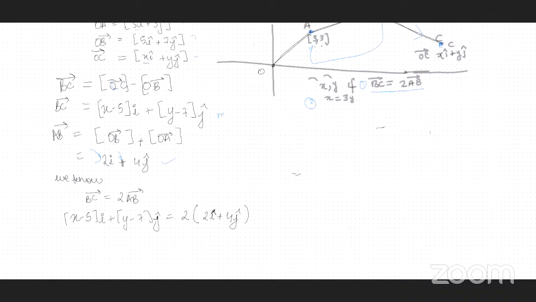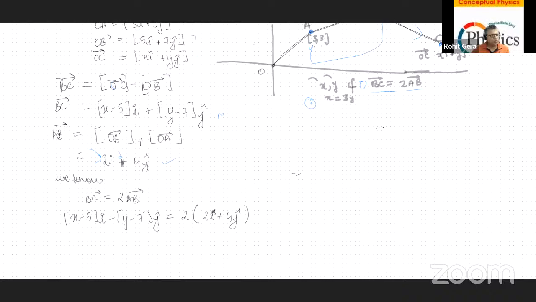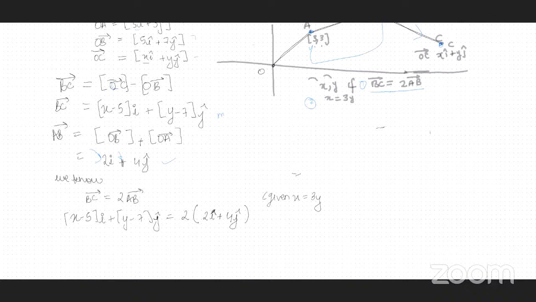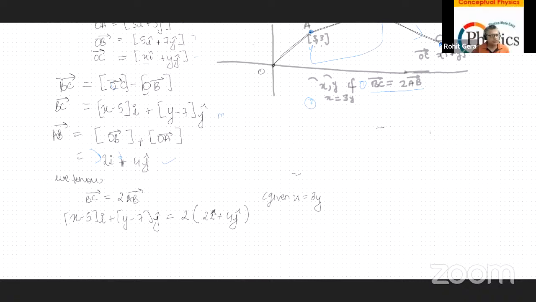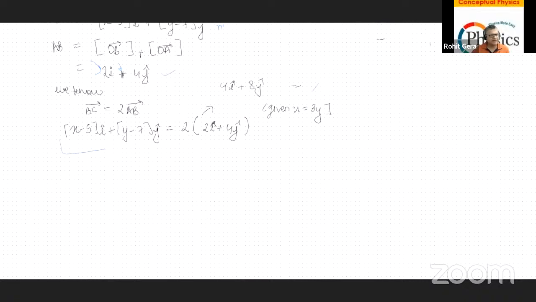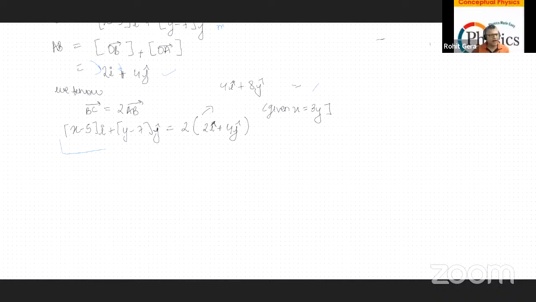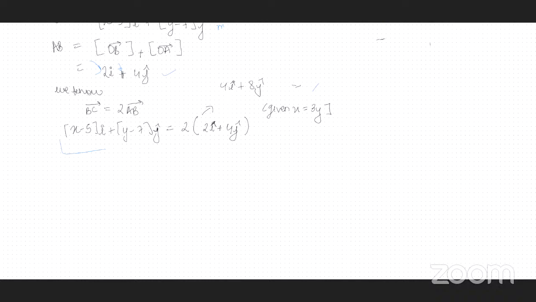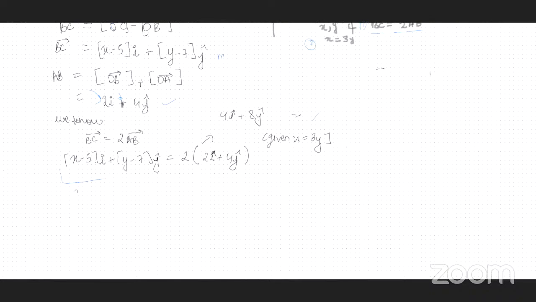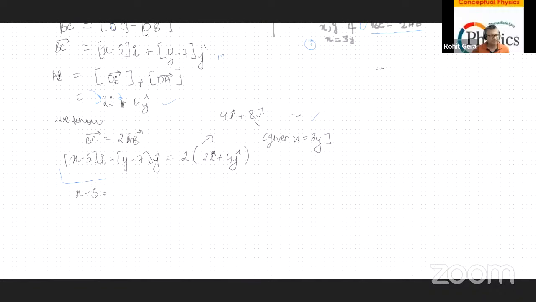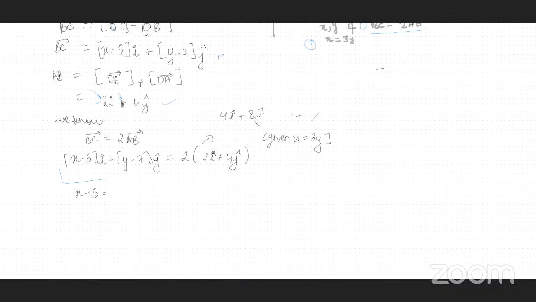Now what is this? 4i plus 8j. So now I should compare both the sides. Compare X minus 5 is equal to 4. Very nice. Great job. Y minus 7 is equal to 8. So x is equal to